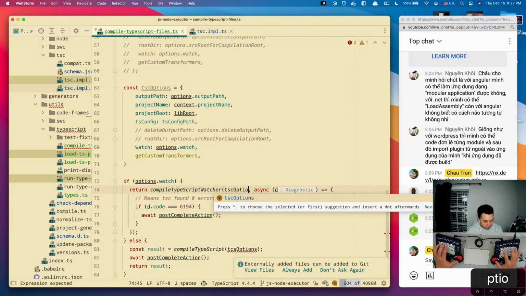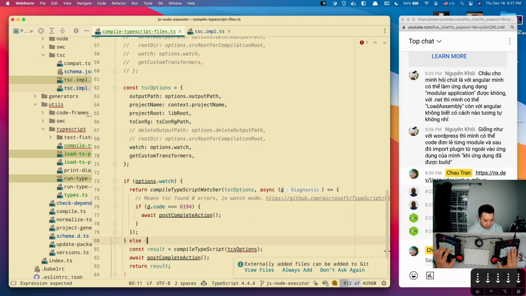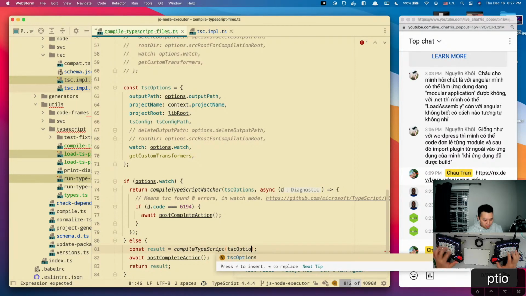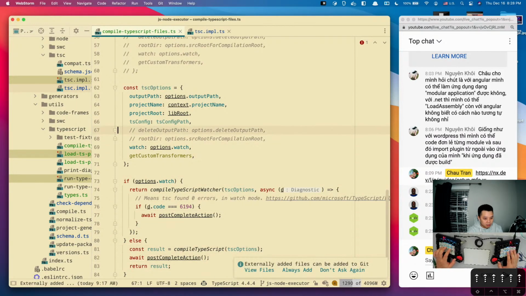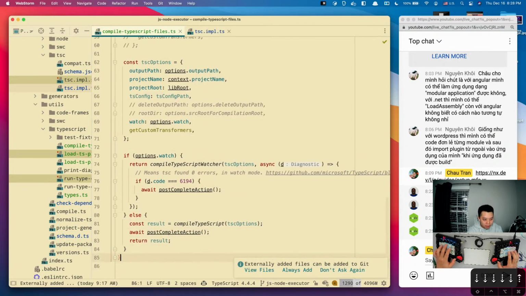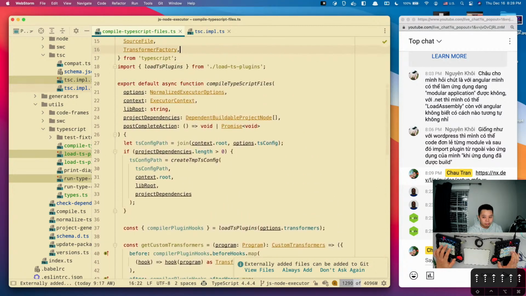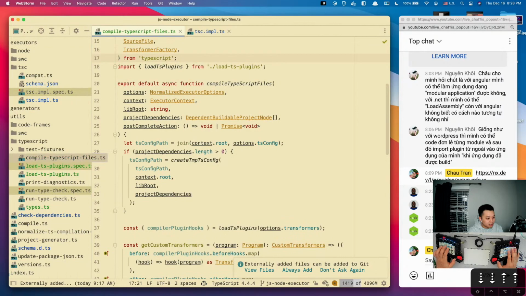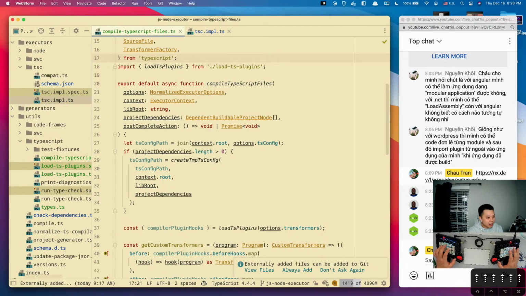This is TSC options. Save. And this is TSC option. Save. So we're not going to worry about that for now. So this file is good. Compile TypeScript file is good. So now go back to